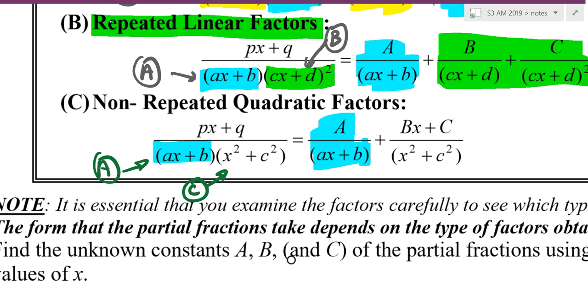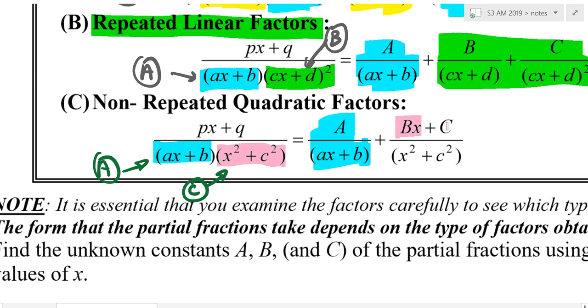Now, I would like to now introduce and emphasize the difference between the green one